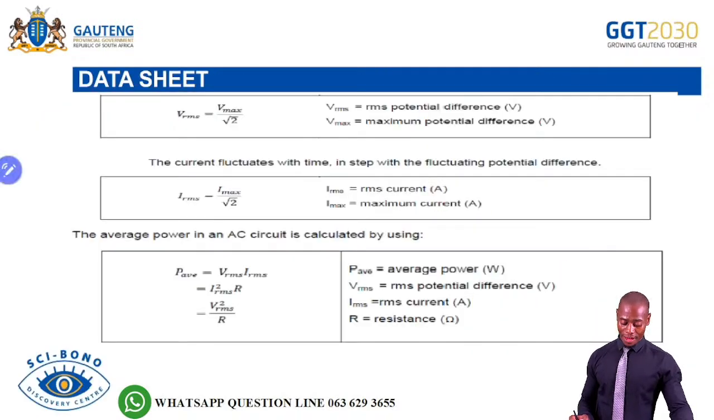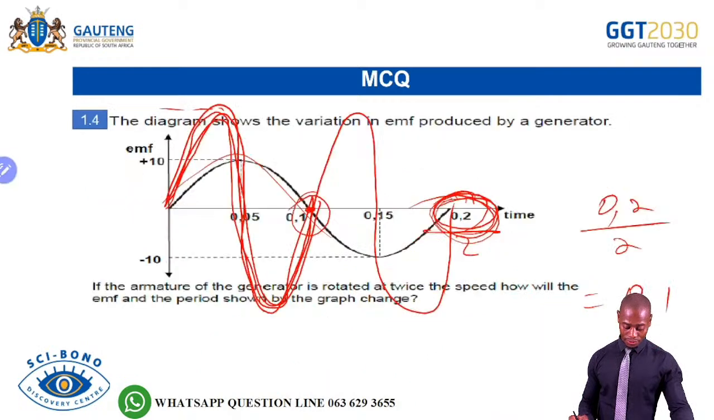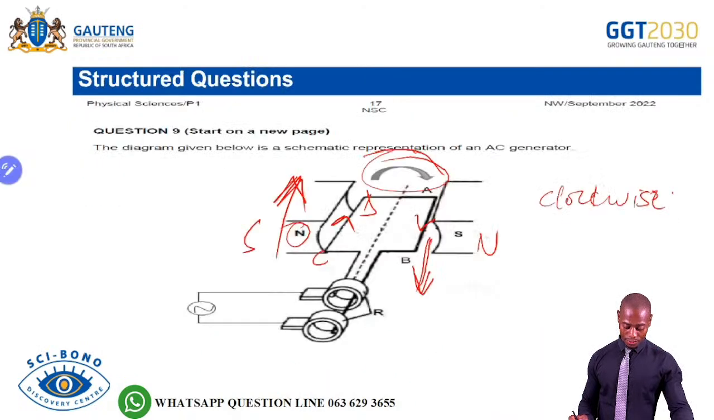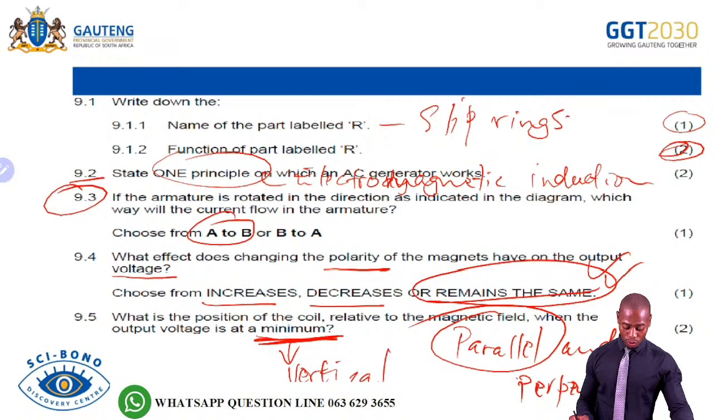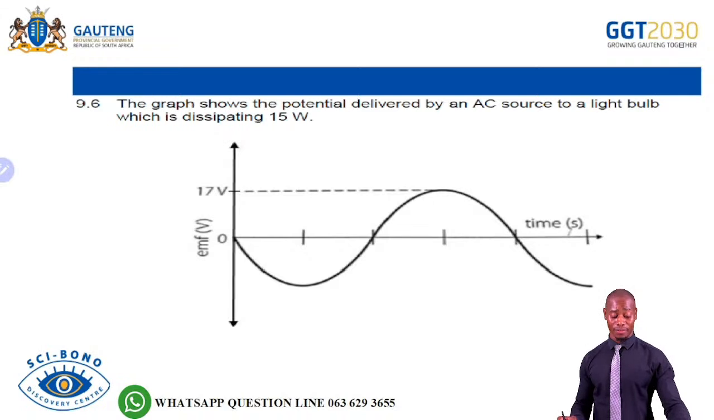All right, then let's check other questions. All right, so we are choosing parallel. If we had to choose between vertical and horizontal, then it should be vertical. So let's check here, what are they looking for? Right, 9.6. The graph shows the potential